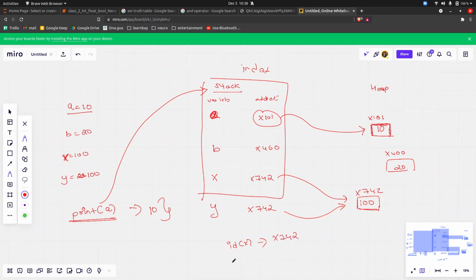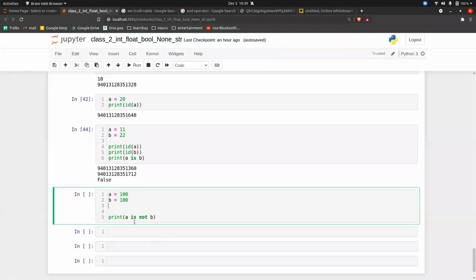742. Similarly, if I do ID of y, what will be the output? X 742. So the memory address is the same, right? So this is the point here. Okay. Now, if I come back to this, the thing that I have confused you with is